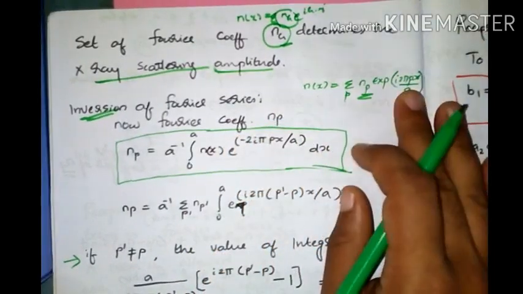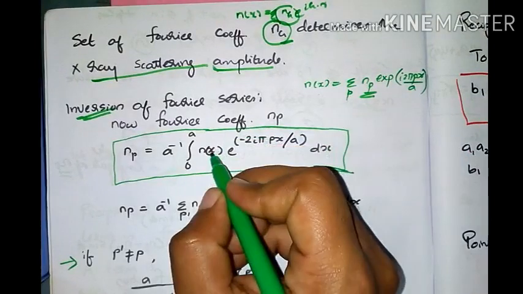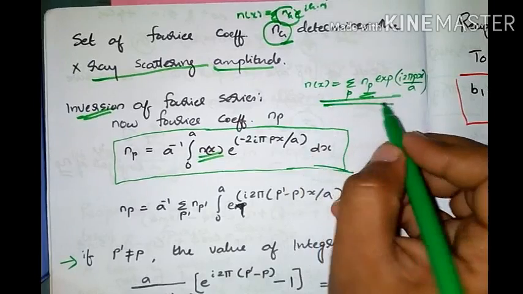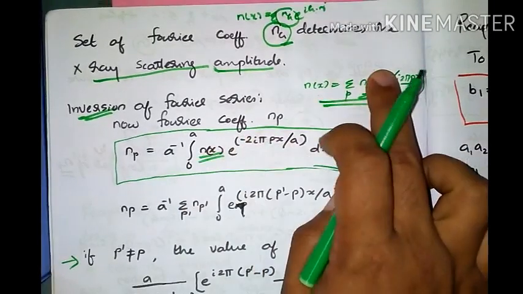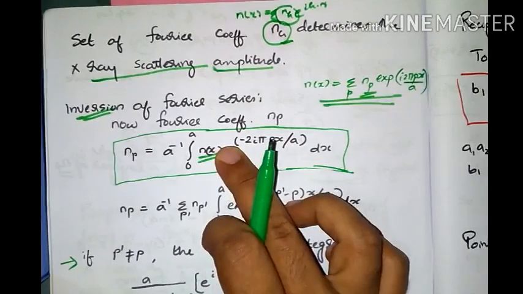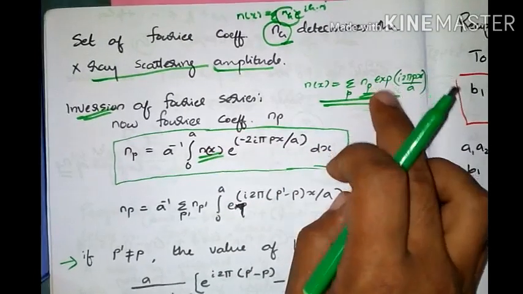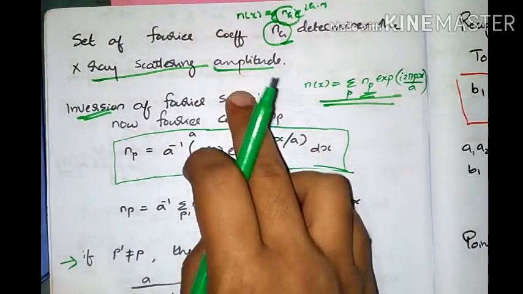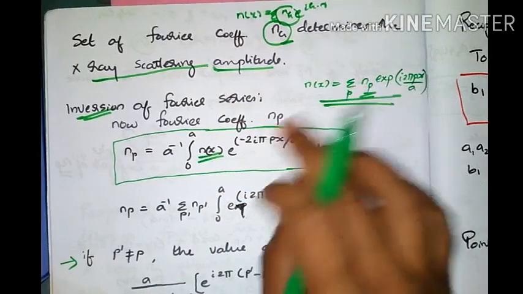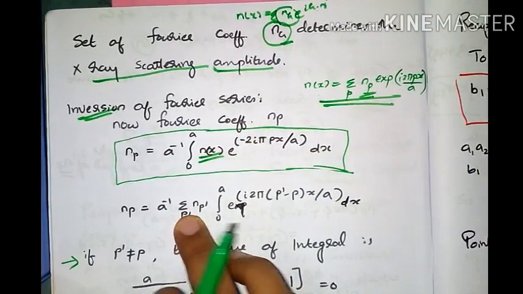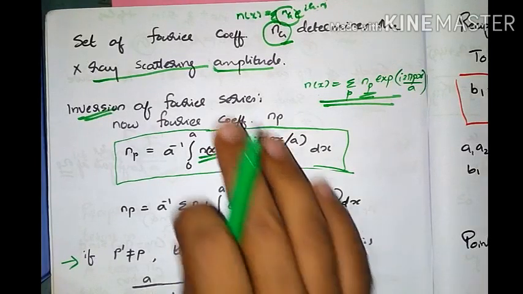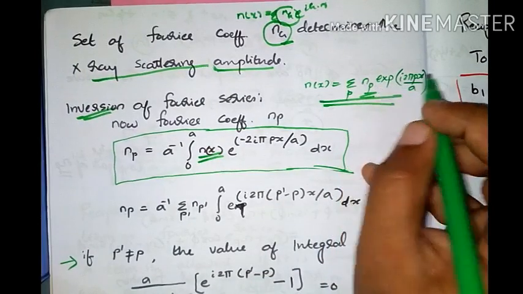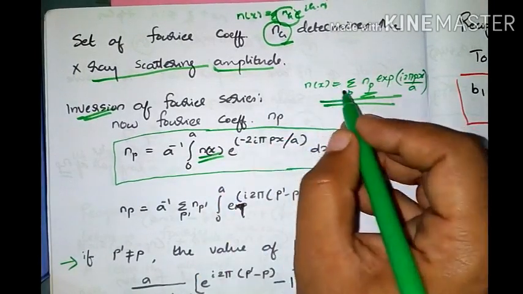Now we know what n of x is. Okay, n of x, this is the n of x. So we substitute this equation for n of x, and we know the exponential and all terms are there. n_p is there. So in order to demarcate between these two, we use a p dash here in the inverted Fourier series, and now substituting n of x here,